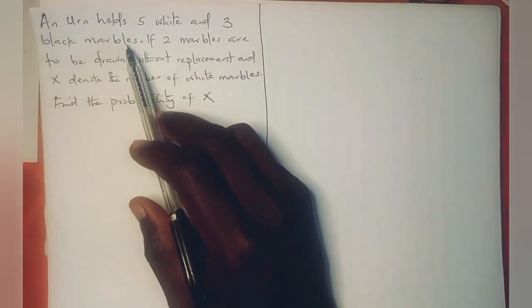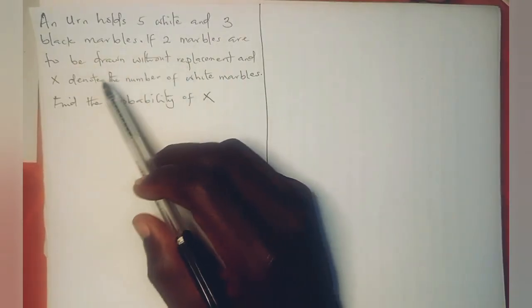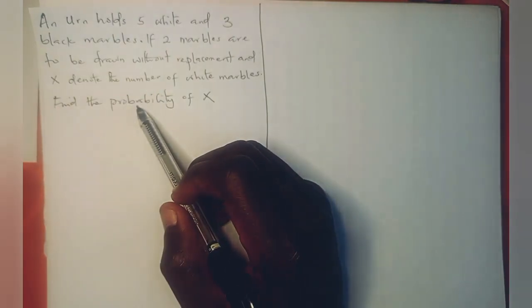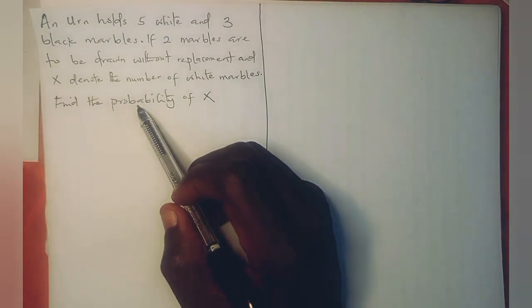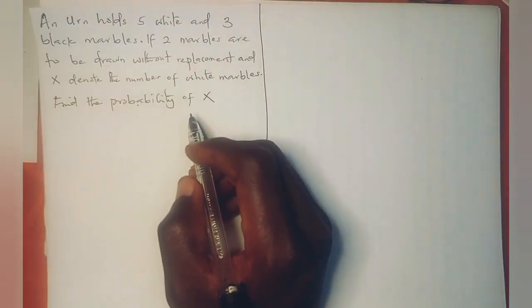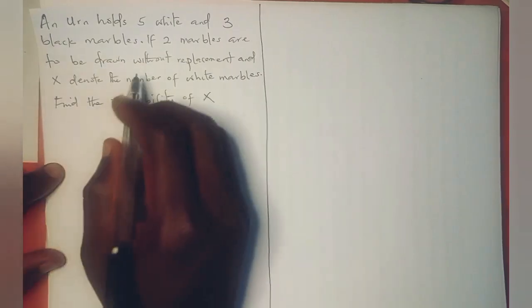An urn holds 5 white and 3 black marbles. If 2 marbles are to be drawn without replacement, and x denotes the number of white marbles, find the probability of x. What does x stand for? X stands for white marbles. So now here we have